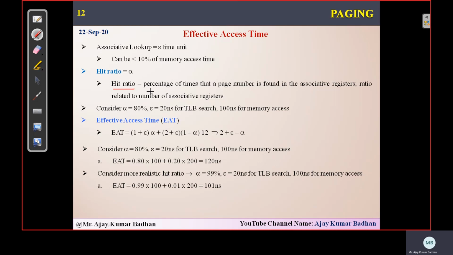Okay, what I mean by hit ratio is the percentage of time that a page number is found in the registers. Register here is talking about the TLB. The number of times that particular page is available in your TLB is what we call the hit ratio. For example, if I'm saying that the hit ratio for page 1 is 80%, what that means is, if you search for this particular page in your TLB, 80% of the time you will get this particular page in that TLB. And with respect to that page, you will have the frame number. You can directly access it, perform frame plus displacement, and get the memory.